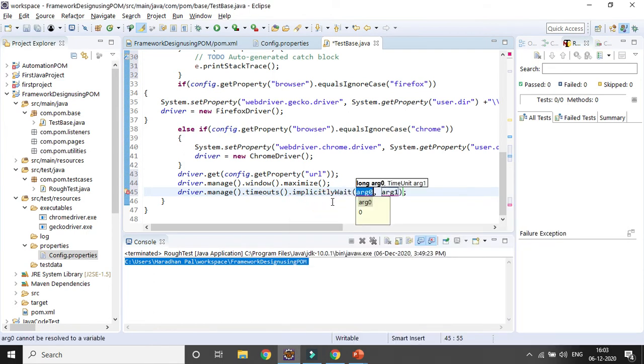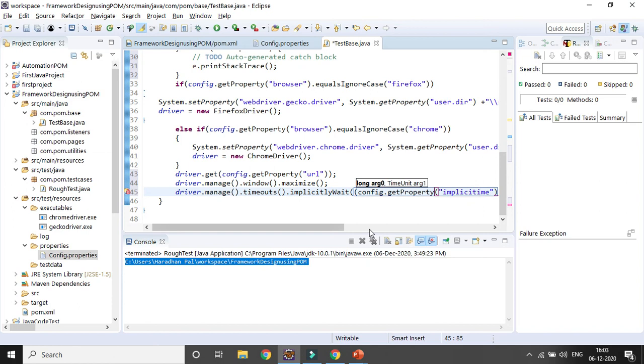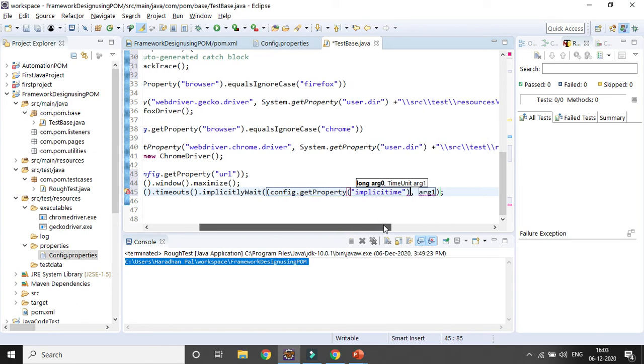Then here I will be providing the argument. What is the implicit wait I want to pass? I need to convert it to integer first, then I can give the time unit dot seconds, for how many seconds I want to wait.